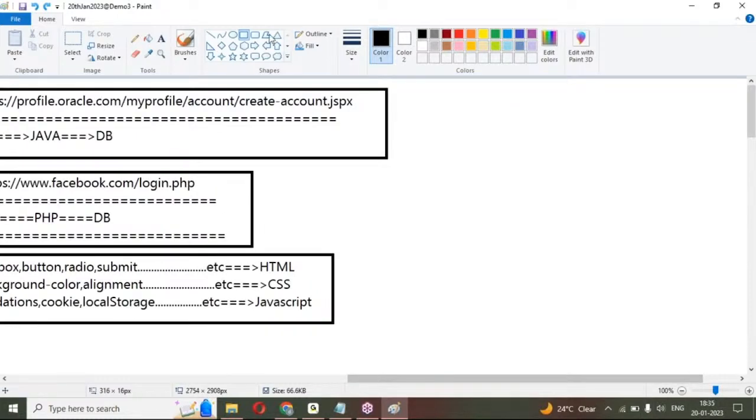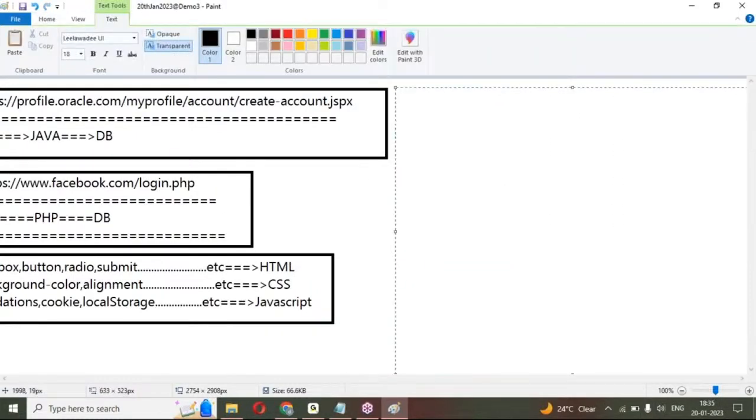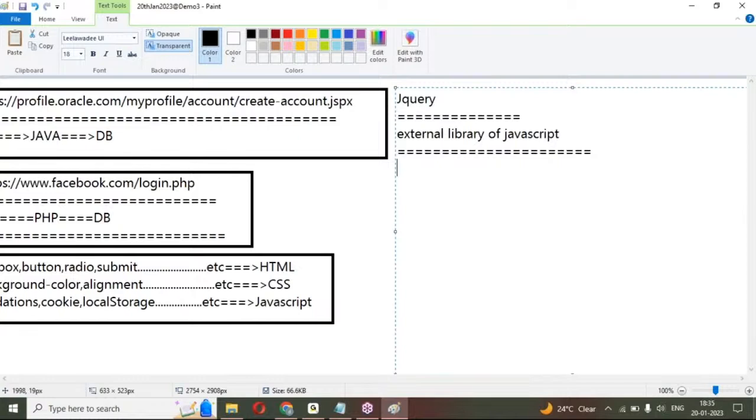Next one, jQuery. What can we achieve using jQuery? jQuery is an external library of JavaScript. An external library of JavaScript, we call it jQuery. We can implement it here. The jQuery is